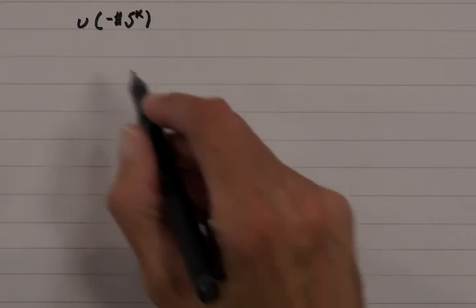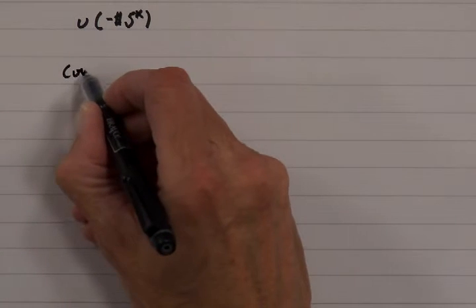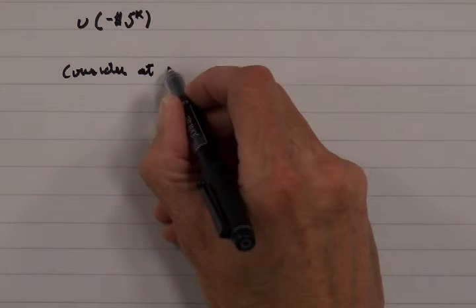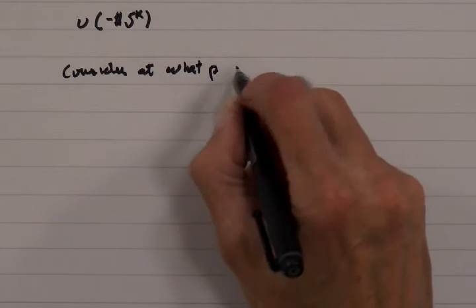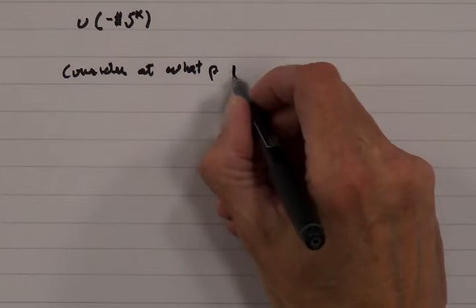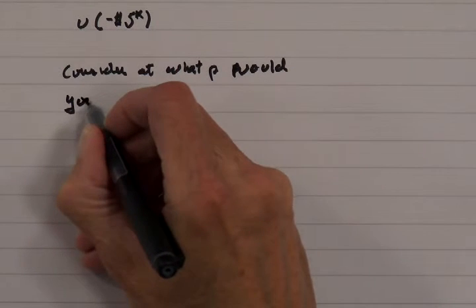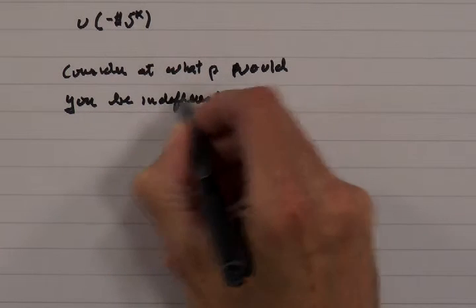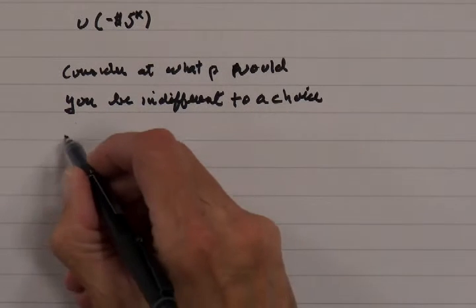To do this, we're going to consider at what probability P would you be indifferent to a choice between the lottery